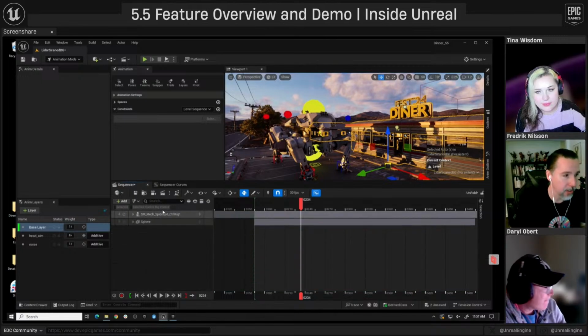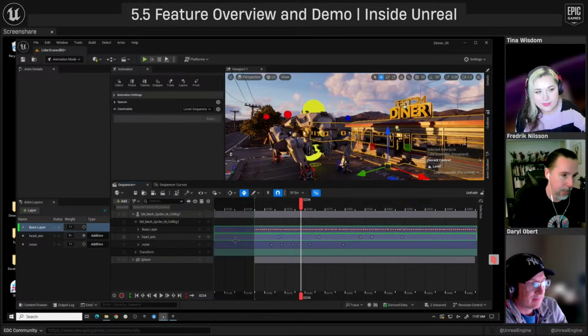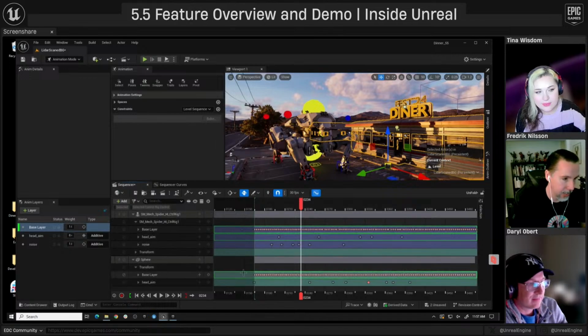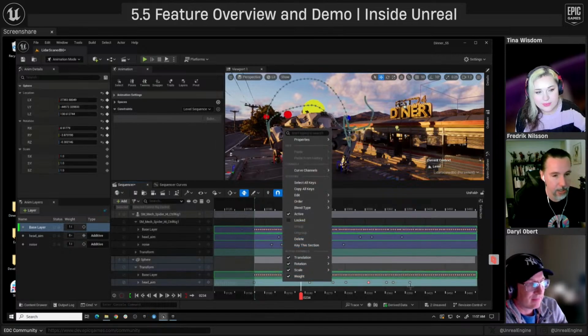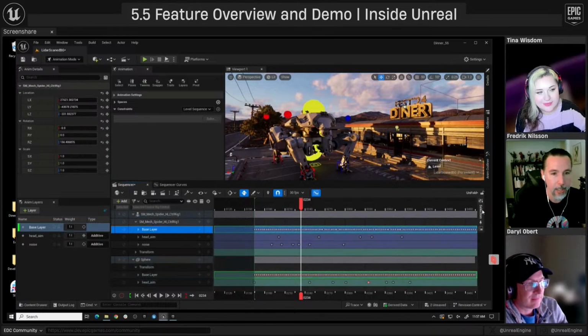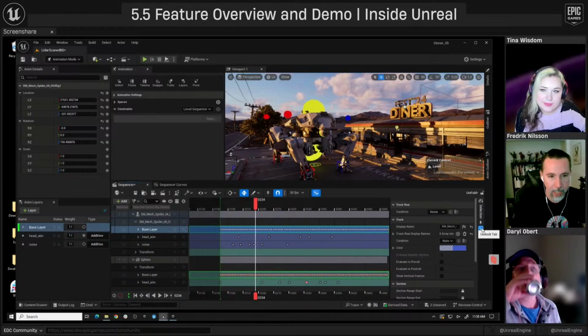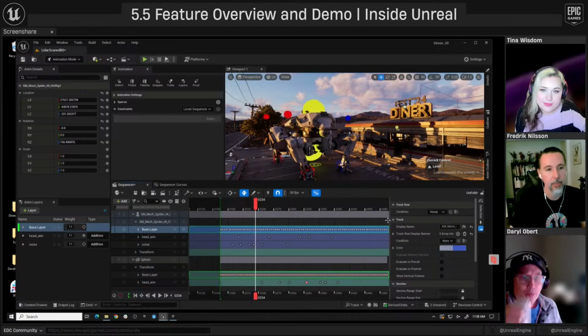We have done a bunch of work to the sequencer. Related to that right-click thing that I was showing, where I needed to get to another section, we added this sequencer details shelf, which is new, which is basically all that information from the right-click menus. I can just pin it, and that pins it like an overlay, or I can push this dock tab, which slides it out and pushes your sequencer over.